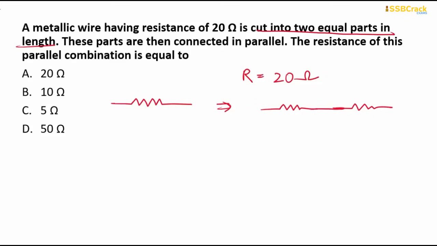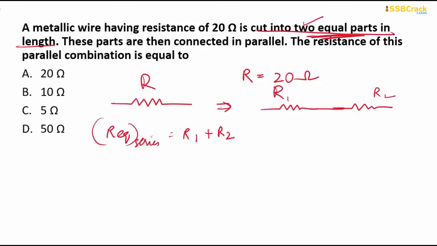It is in a series combination. That is the main thing that you have to understand. It is impossible that you can cut one resistor into two equal parts and have them in a parallel combination. It is not possible. So now this resistance R is divided into two resistances, R1 and R2. Both of these are in series, and this way it is cut into two equal parts. Now what will be the values of R1 and R2 according to the series combination? R equivalent of series is simply R1 plus R2. Now but R1 and R2 are what?